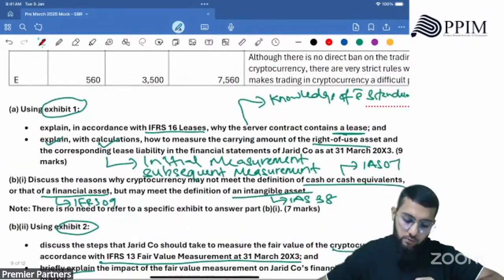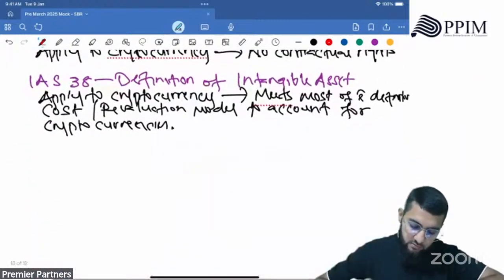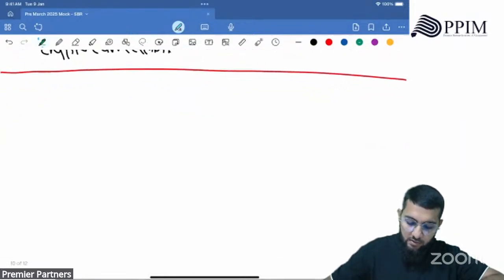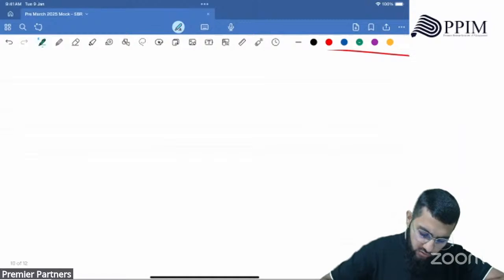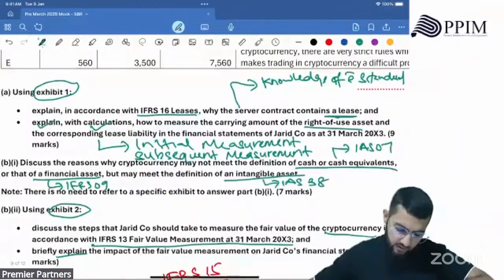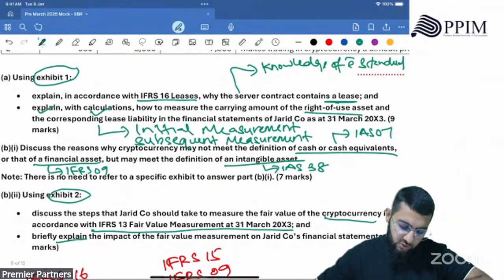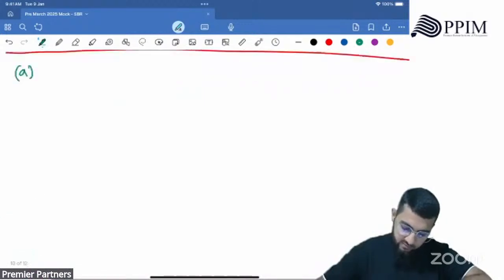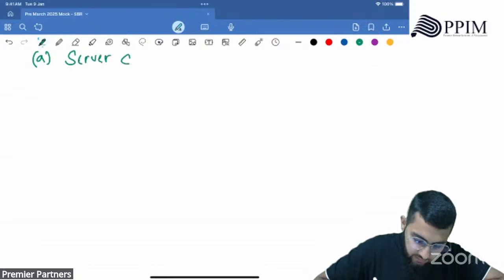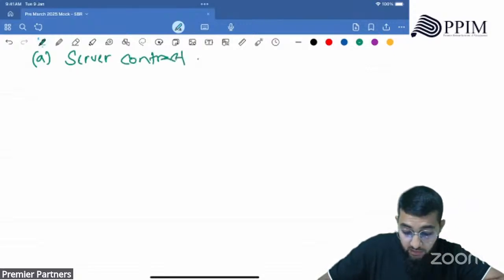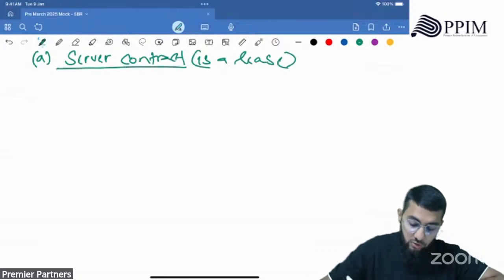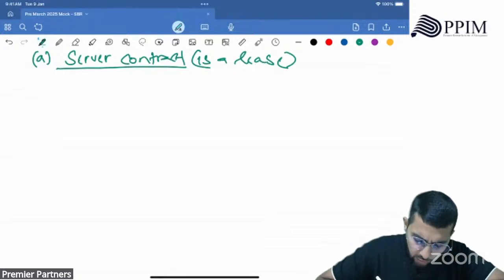Okay? Right. So now let's quickly draft a skeletal answer for requirement A. Requirement A is using exhibit 1. First, you have to explain the IFRS 16 leases, right? You have to explain why the server contract is a lease. Server contract should be your topic, and this should be your target, right? Then you bring in the lease definition,